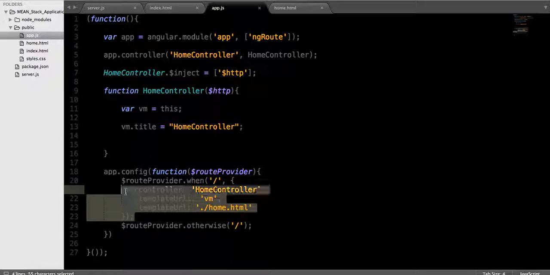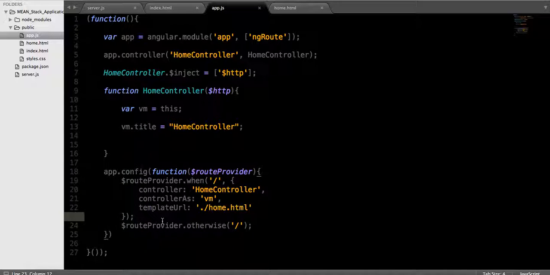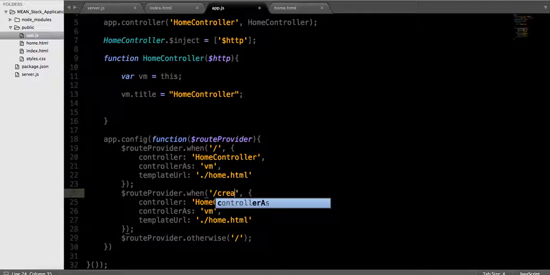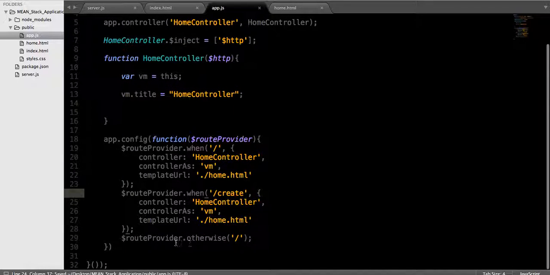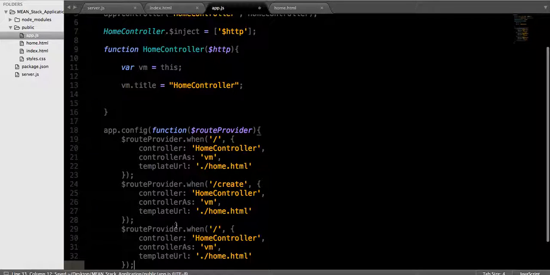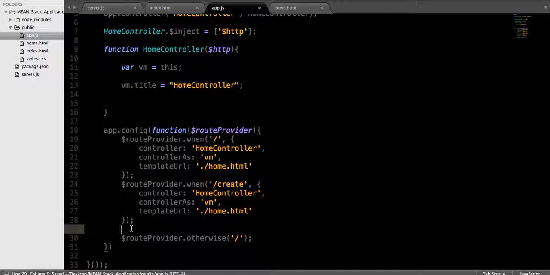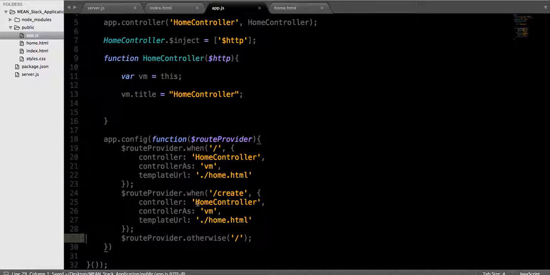I think we're just going to do a basic like users route. So let's set up a few more. We're going to do route provider dot when /create. It's going to be create controller, and then we can do when users /ID. Well, let's not set up that. We'll set up one more, just create. And we're say create controller, and